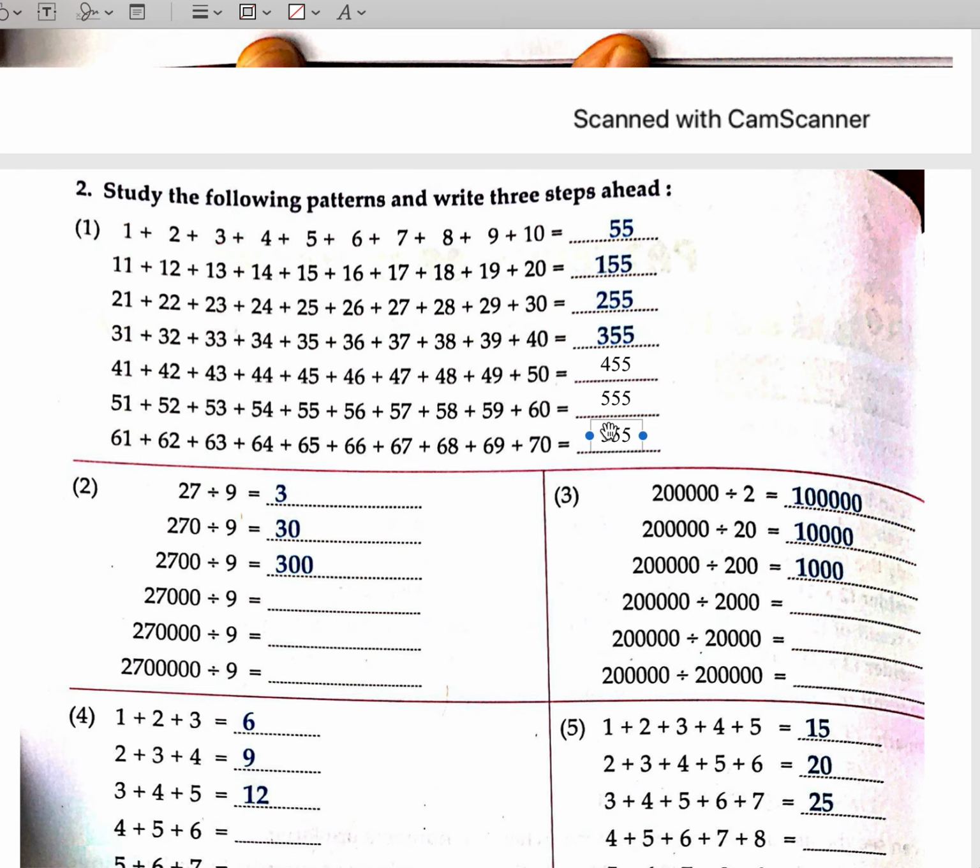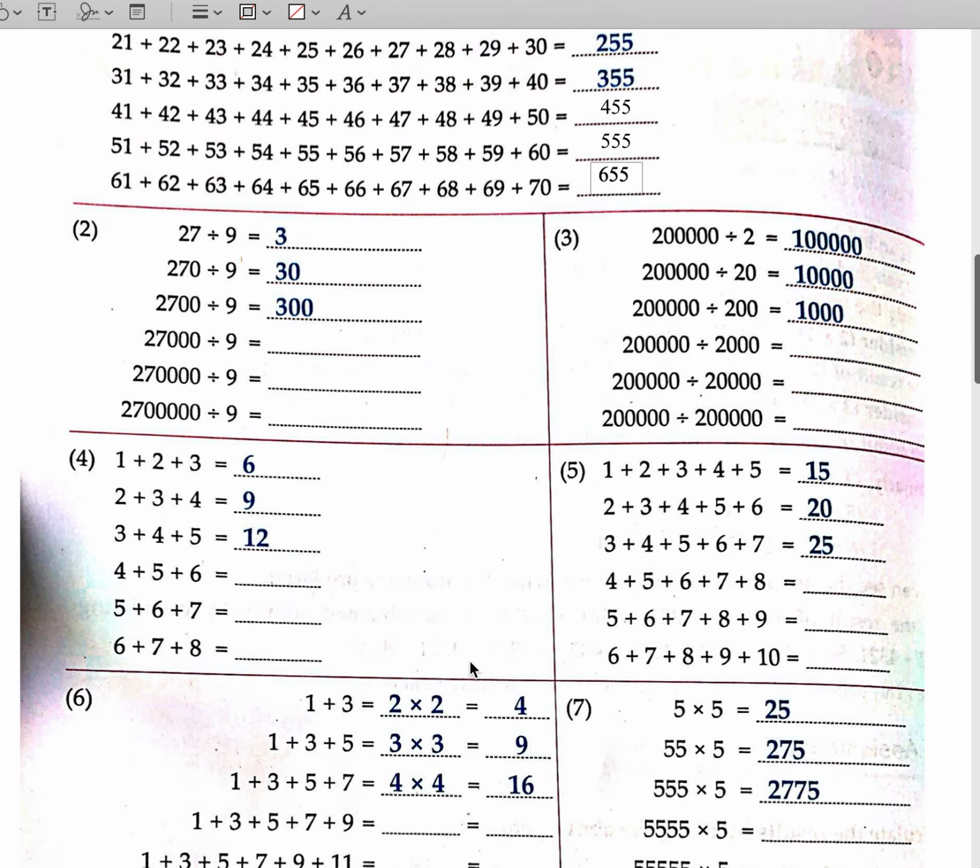एंड यहाँ पे होगा 6. नेक्स्ट हम करेंगे ये. So 27 divided by 9 is equal to 3, as we all know. Now we have increased the number of zeros and that many zeros will be over here. So अगर 27 followed by 4 zeros divided by 9 है तो it will be 3 followed by 4 zeros, 30,000.